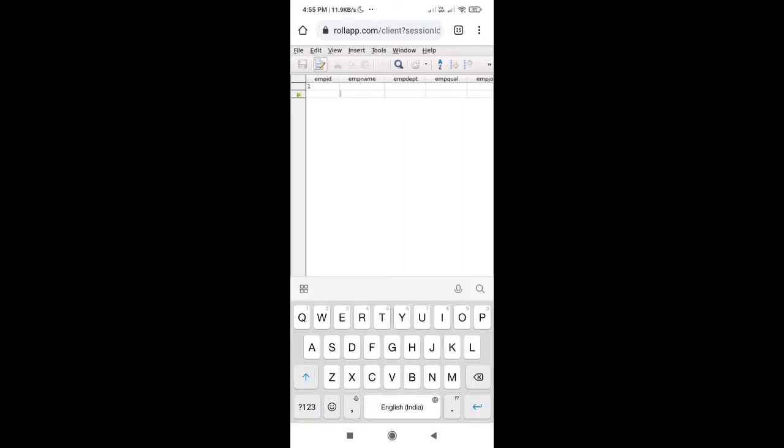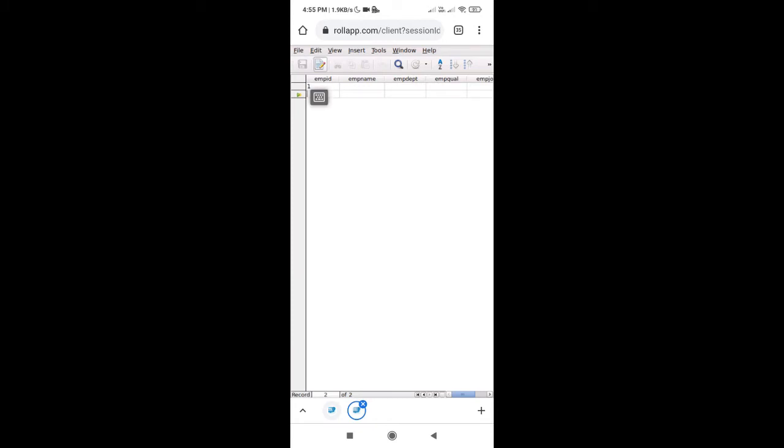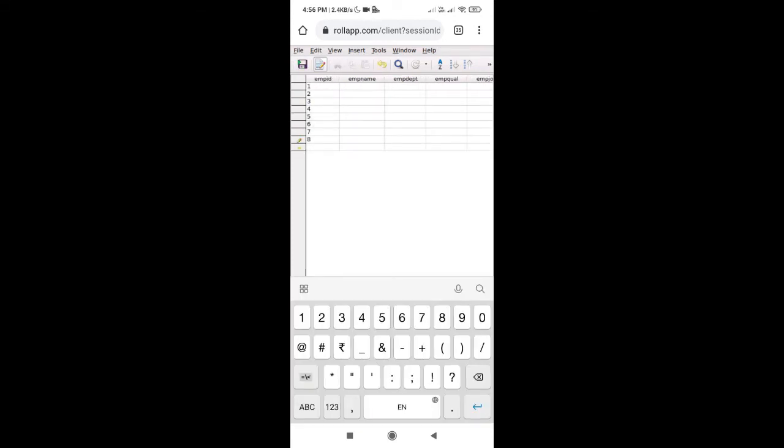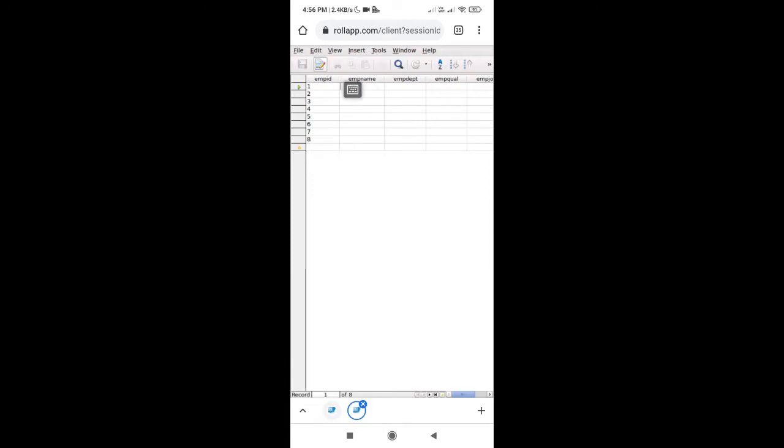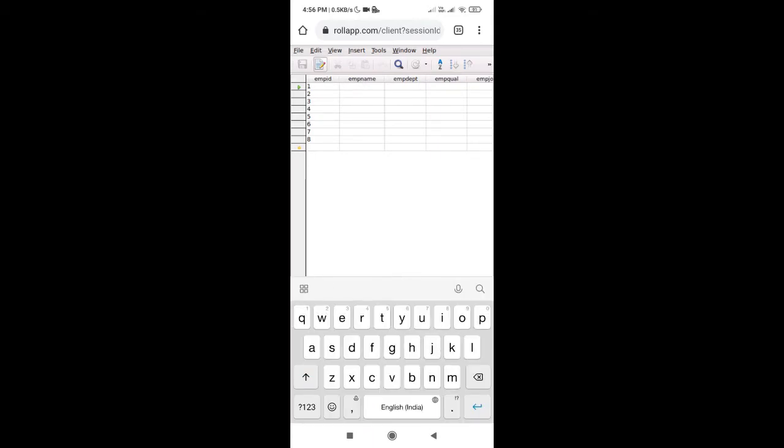So I'm first writing all the employee IDs. After finishing writing all the employee IDs, start writing the names. First I'm writing Mr. Suhas Kale. While writing the name, just take care and remember in which case you have written the employee name, because while creating the query we need the name in the same format, otherwise it will not give us the correct output.